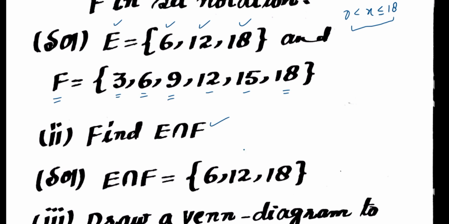E intersection F: the common elements in both sets are 6, 12 and 18. So this is the intersection. Here you can see that set E is a proper subset of F, and their intersection is non-empty. So this is the first case. In this case,